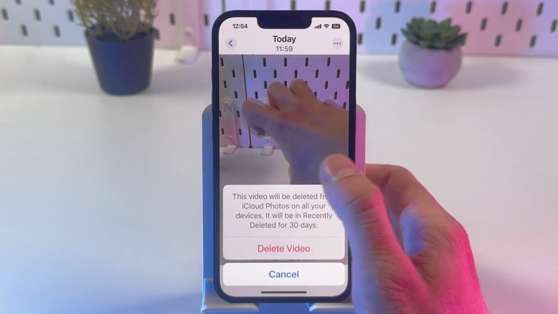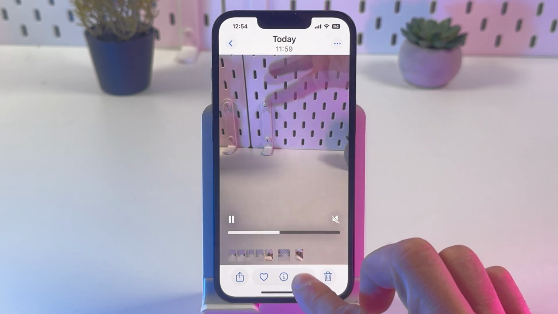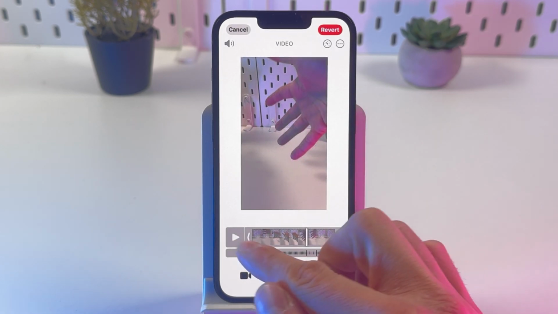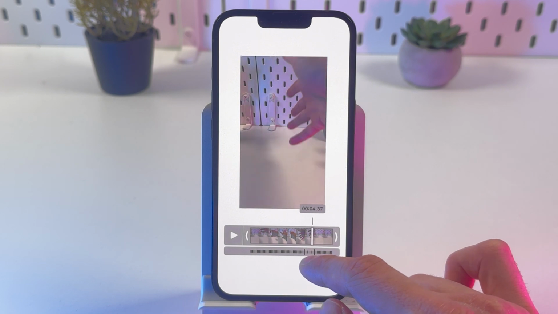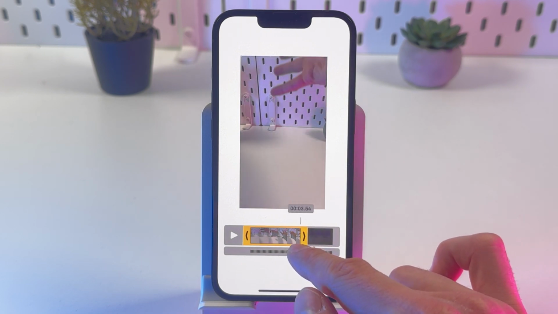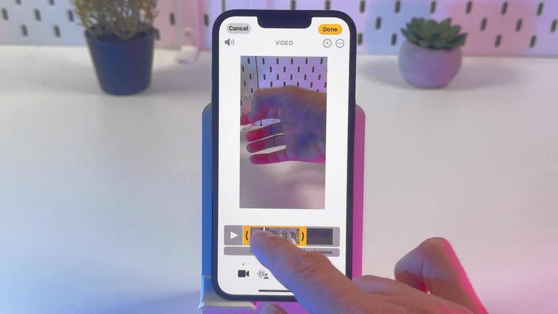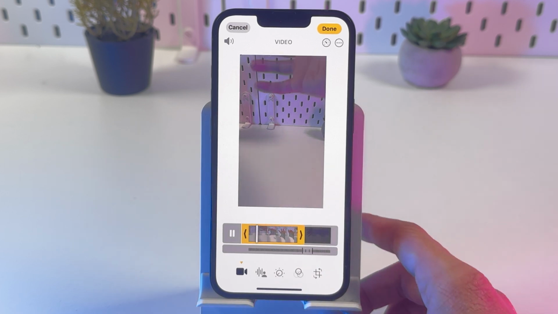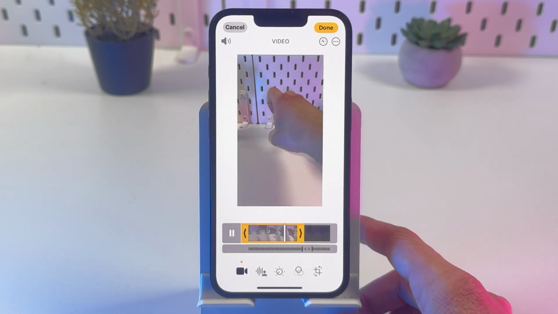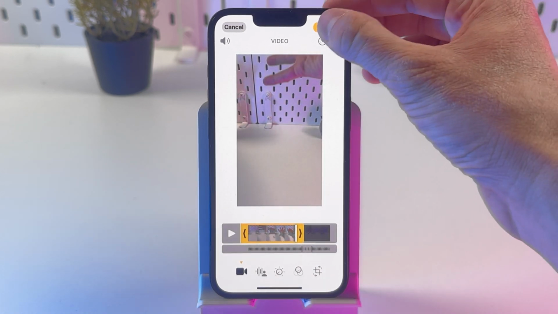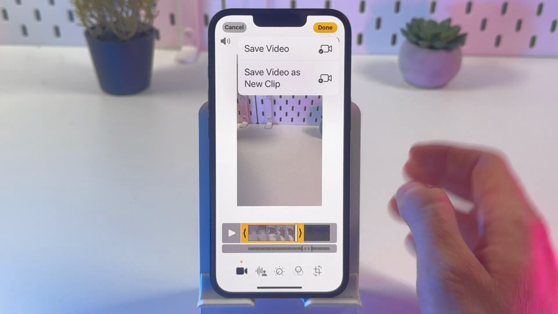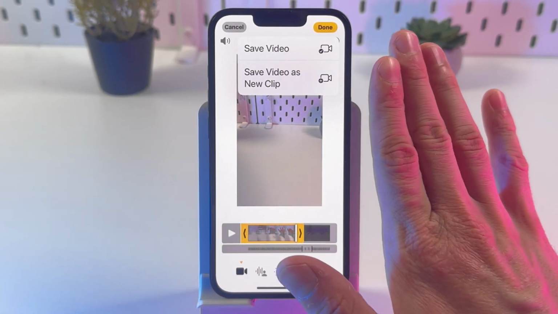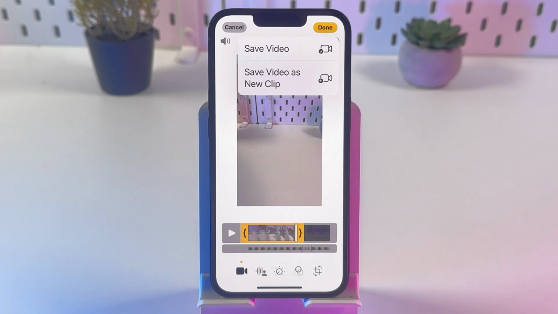Now let's open up our edit icon. It's right here. In our edit icon, you will see this scale. So to trim our video, simply move the scale. Here's your preview, so you can press play and see how your video will look while cropped, and let's press done. At the top right corner, now we have a choice whether to save it as this exact video file